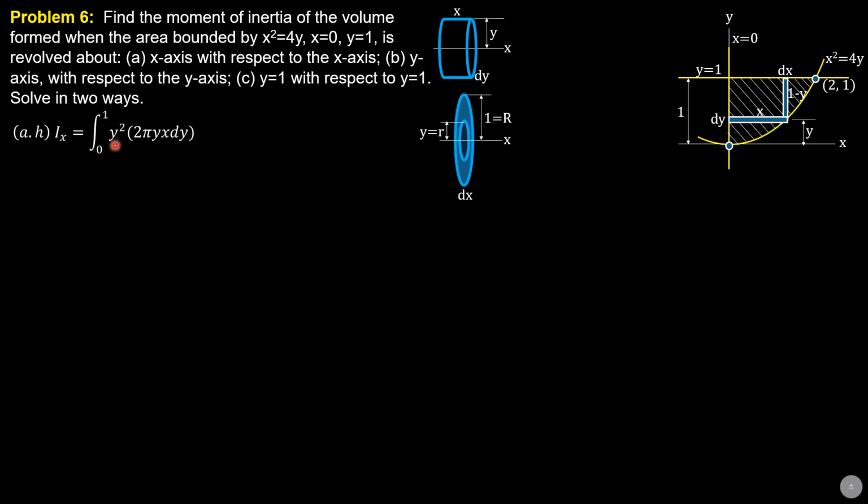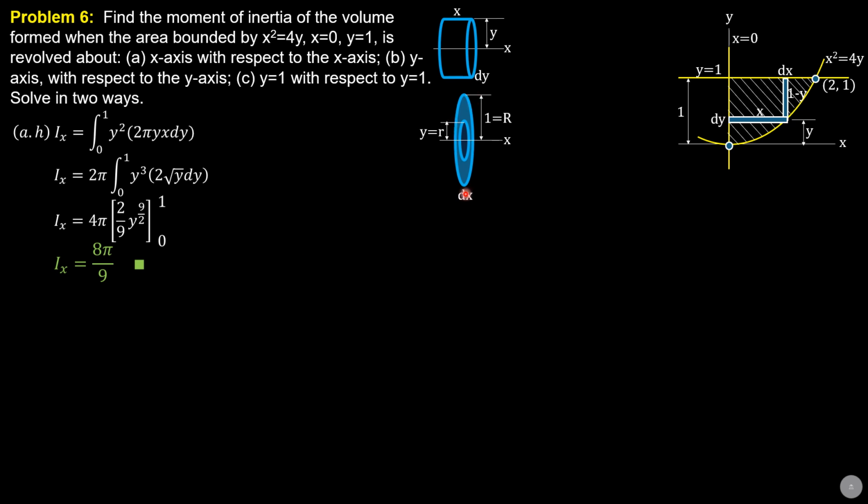or you may use Pappus proposition, that is, fixed at constant distance squared, radius squared, then differential area is x dy, then distance traveled by the centroid of x dy is 2 pi times radius of revolution y. So it's the same. So that would be 2 pi integral of y cubed times x dy, and x is 2 square root of y, and dy. So that would be 4 pi y to the 7 halves, integrated, is y to the 9 halves over 9 halves, or 2 over 9 y to the 9 halves, integral 0 to 1. So therefore it is 8 pi over 9 because 1 to the 9 halves is still 1.